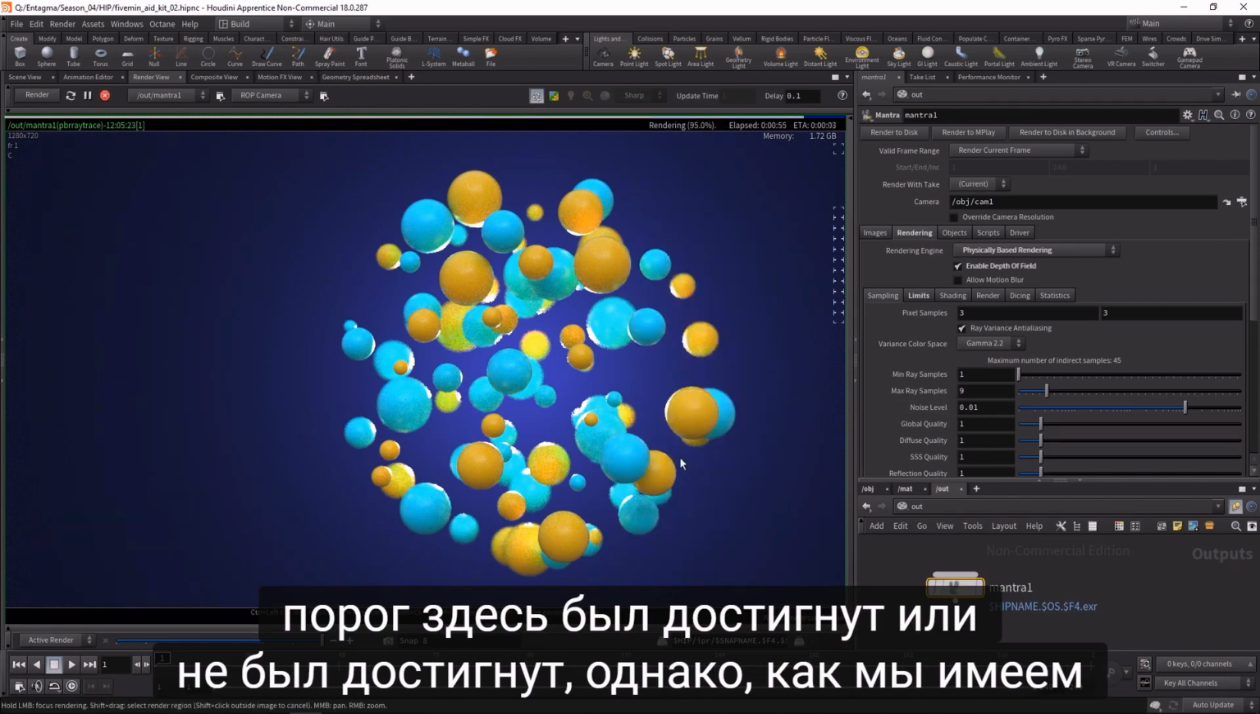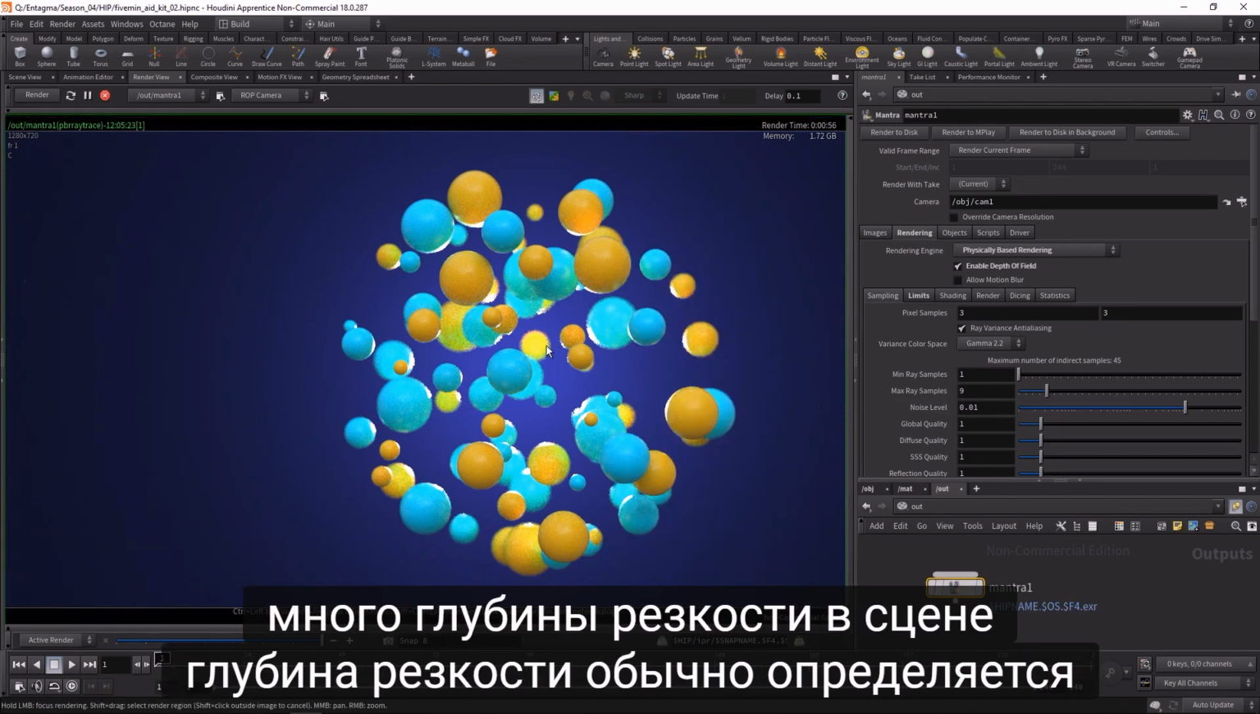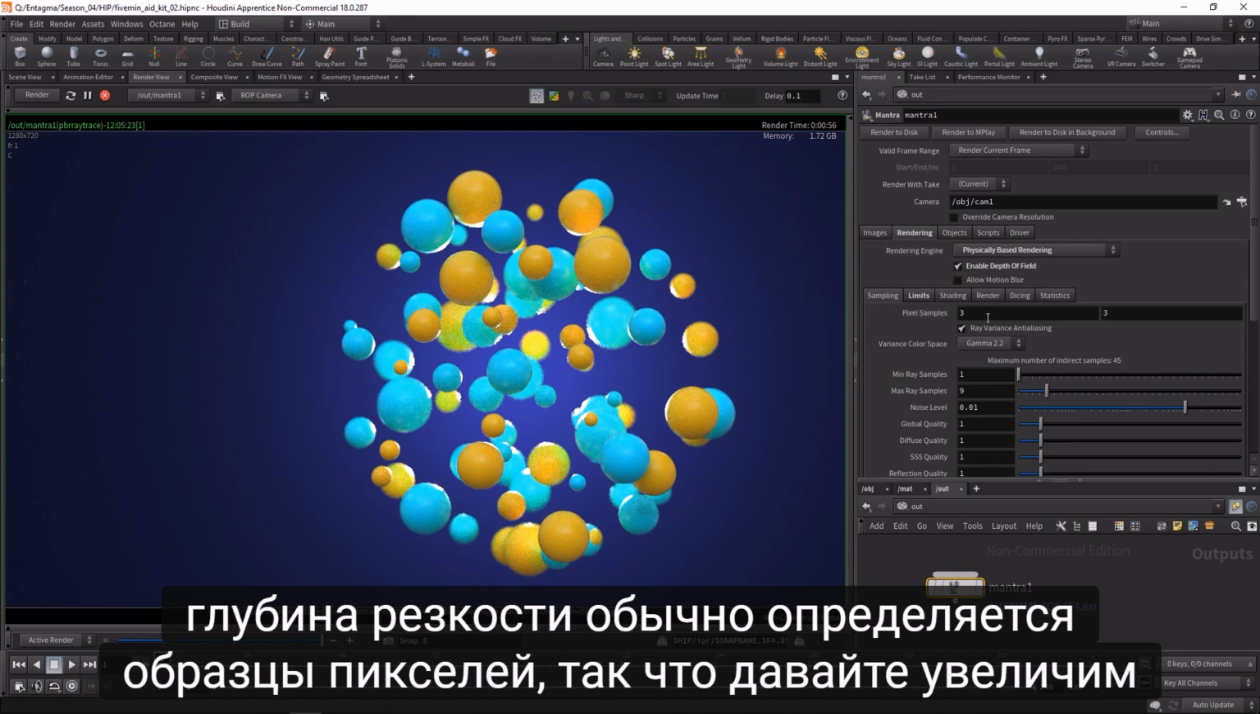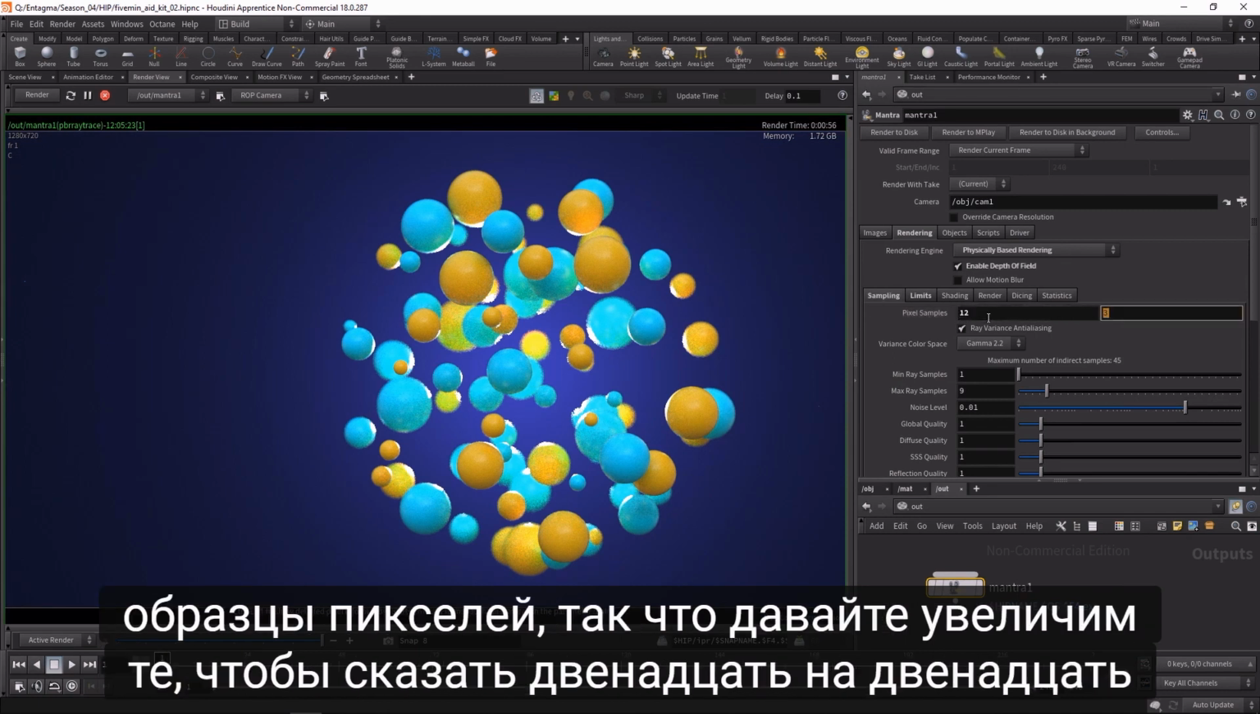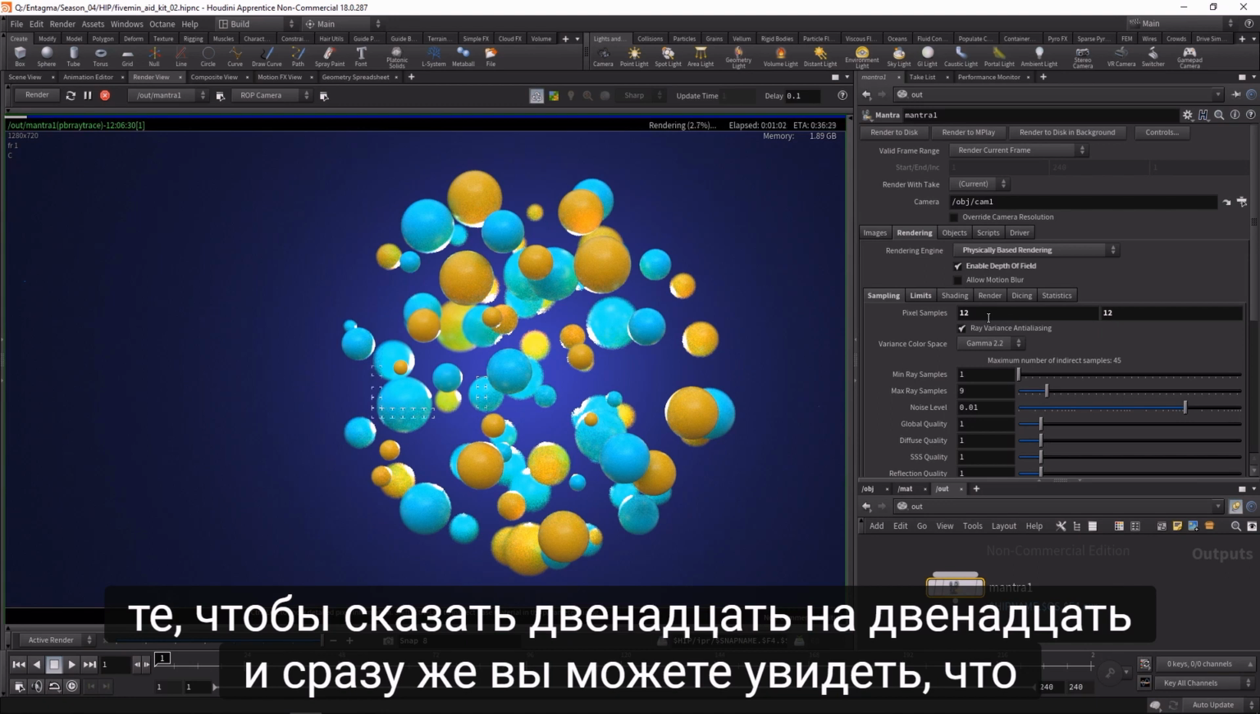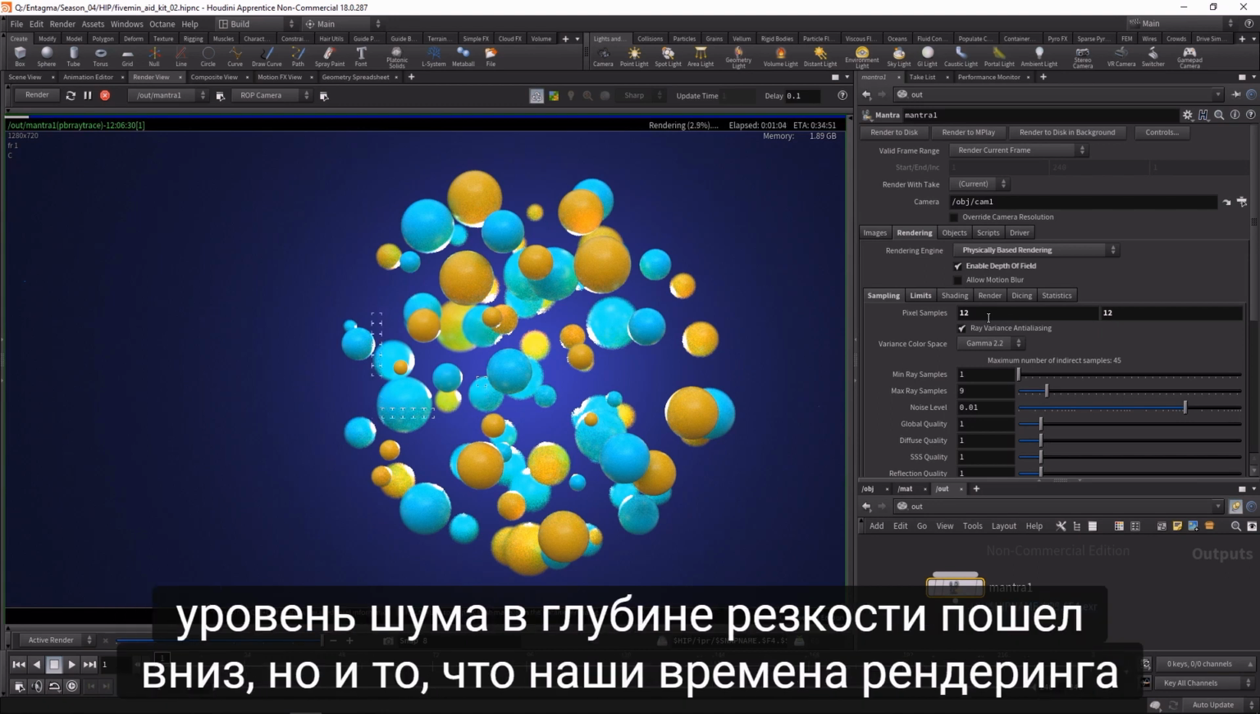depending if this noise threshold here has been reached or hasn't been reached. However, as we have lots of depth of field in this scene, depth of field usually is determined by the pixel samples, so let's increase those to say 12 by 12. And immediately you can see that the noise level in the depth of field went down, but also that our